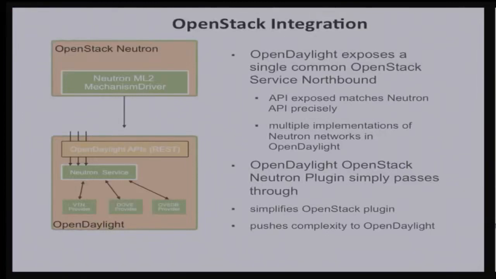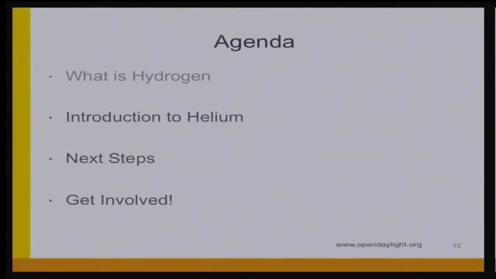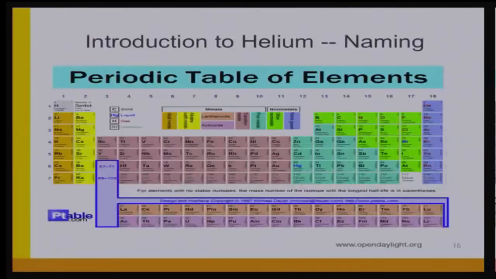We did OpenStack integration. This is a picture of it so you can see how it works. The OpenStack integration was basically a pass-through of the Neutron API into OpenDaylight, which pushed all the complexity into OpenDaylight. The design of Neutron is sort of in flux right now, how much smarts should be in there. Okay, so that's a long story there. I'll keep going then.